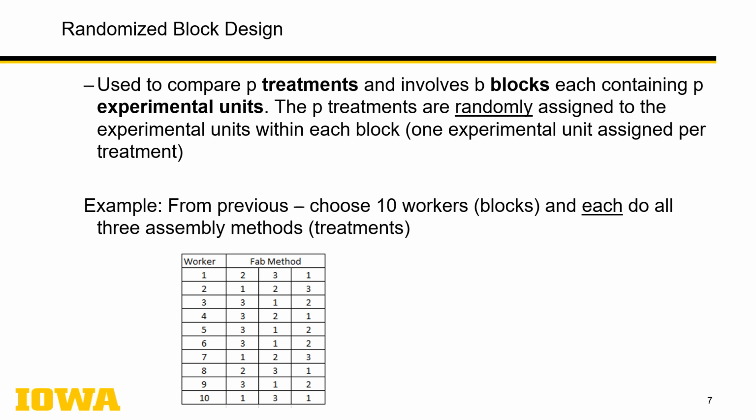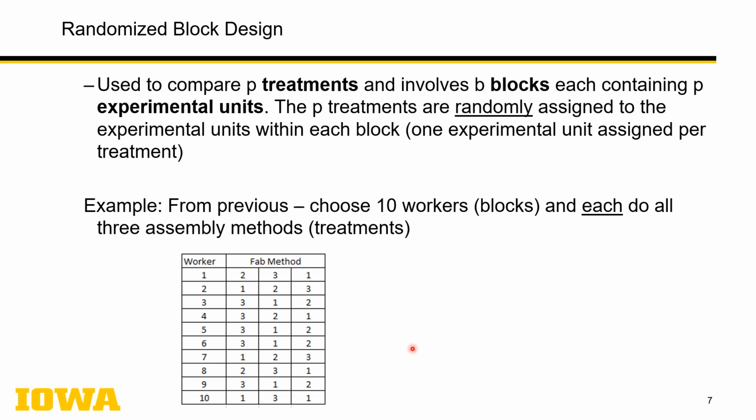Right, now you've taken out this issue of differences between workers. So that is what we mean by this kind of noise or nuisance effect, the workers and the difference between them, because all I care about is fabrication method. And then you can see that in terms of randomly assigning the experimental units, it just means that in every case,